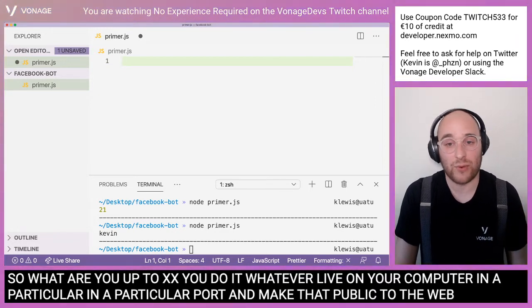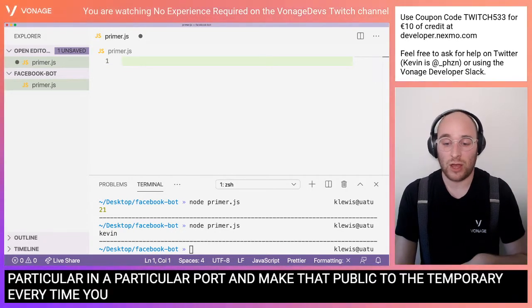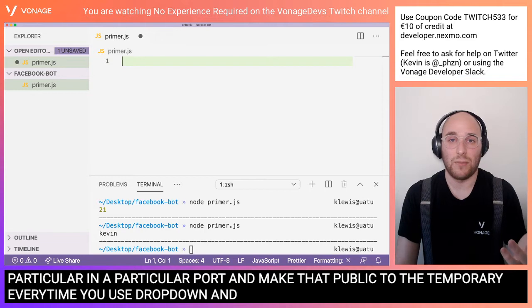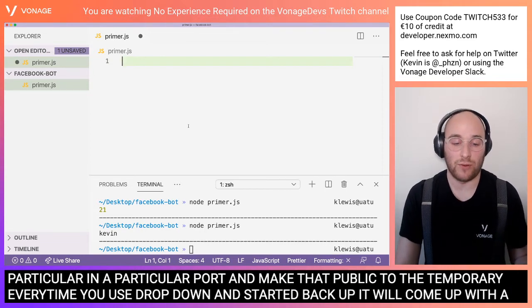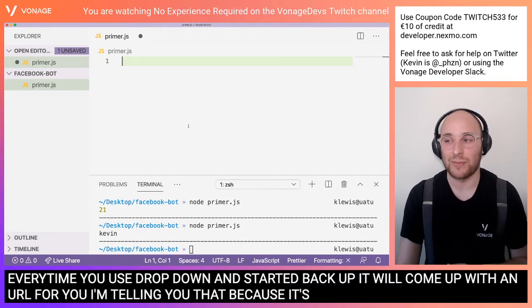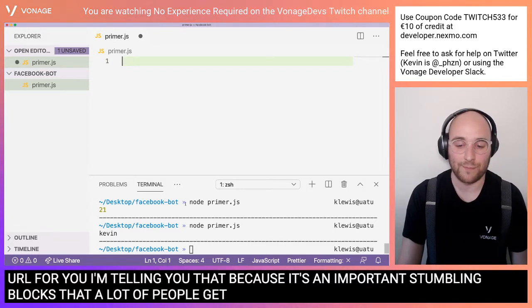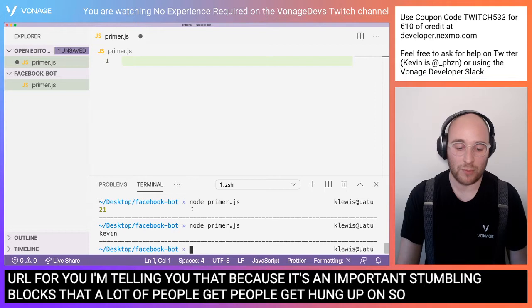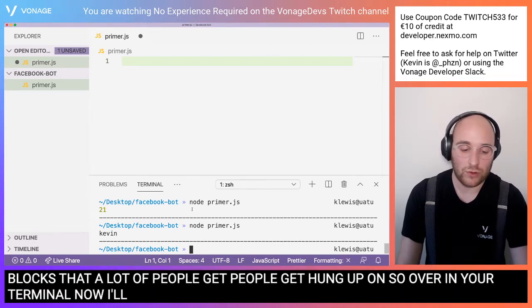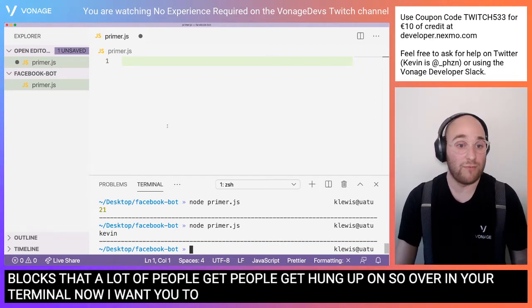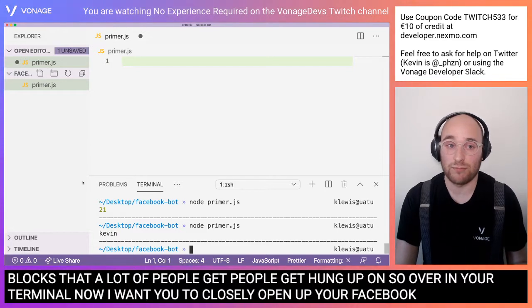The URLs are just temporary, so every time you shut ngrok down and start it back up, it will come up with a new URL for you. I'm telling you that because it's an important stumbling block that a lot of people get hung up on. So over in your terminal now, I want you to firstly open up your Facebook bot folder